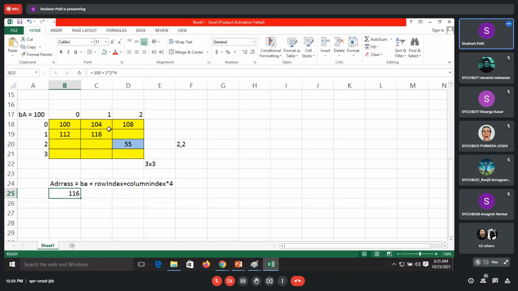If you do this, I will write row index will be 2 plus, column index is 2, plus 4. So it should be in bracket. Yes, it should be in bracket. If we include this in bracket like this, okay, it's 116. So this will be now 116. No, but we have not got the answer, na? So it will be 120.